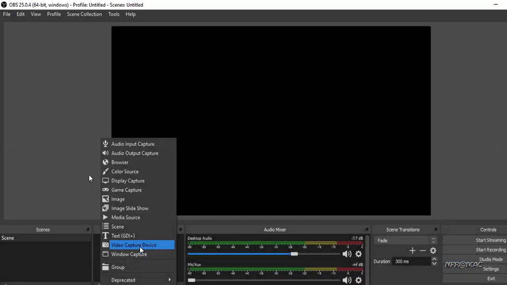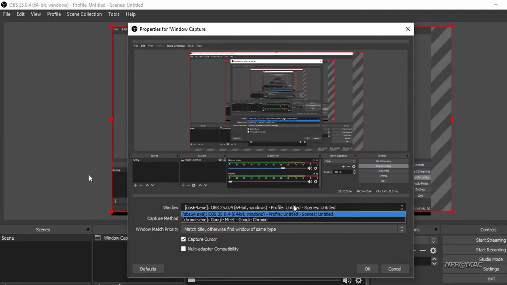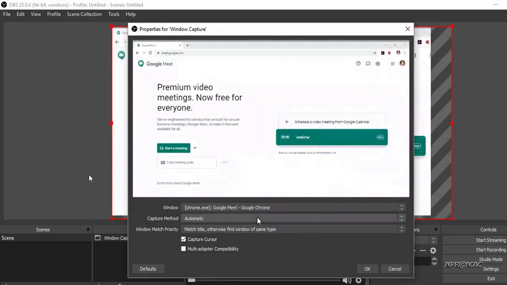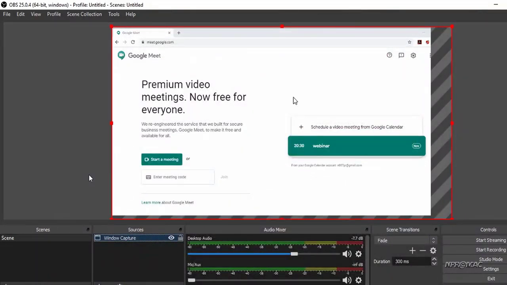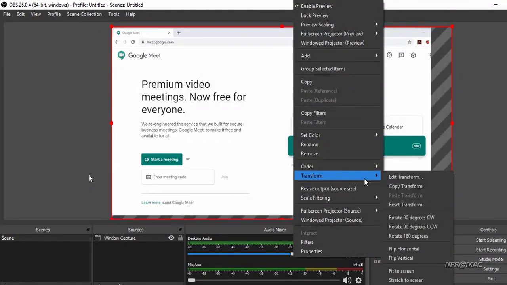After installing OBS in your computer, you will get a screen like this. From the plus button on the bottom, select Window Capture. In the upcoming window, choose the window you want to share. In our case, it will be Google Meet window on Chrome browser. You can adjust the window size also.